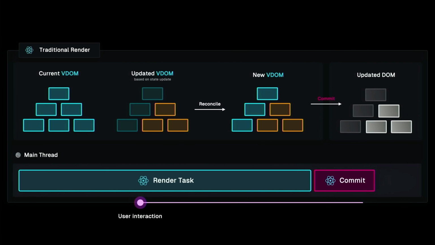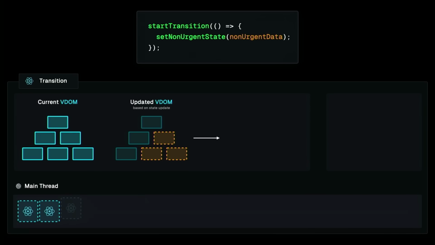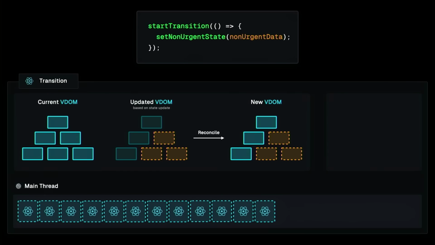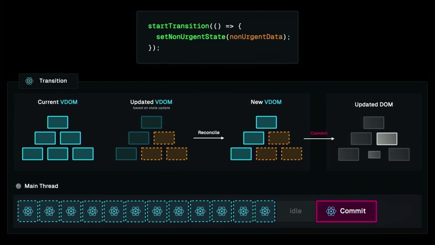And since this is all happening on the main thread, our application is unable to handle any other tasks during this time, which leaves the UI unresponsive. So if a user interacted with our website while React was rendering an update, they would experience quite some visual feedback delay. So transitions provide a solution to this, because instead of rendering the update as a single, uninterruptible task,